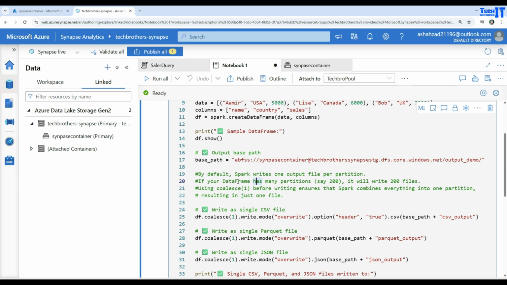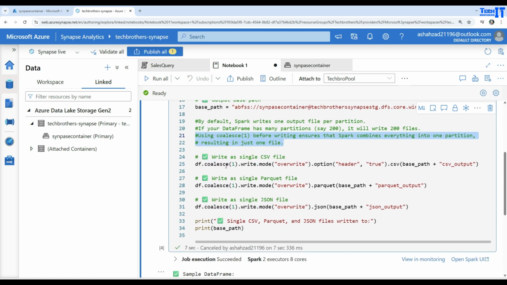So if your data frame has many partitions, such as 200, then it will create 200 files, but you can read them all together. We will show you that as well. Using coalesce before writing ensures that Spark combines everything into one partition, resulting in one file. So that's what I'm doing here, because if I did not do this, let's say I don't have coalesce